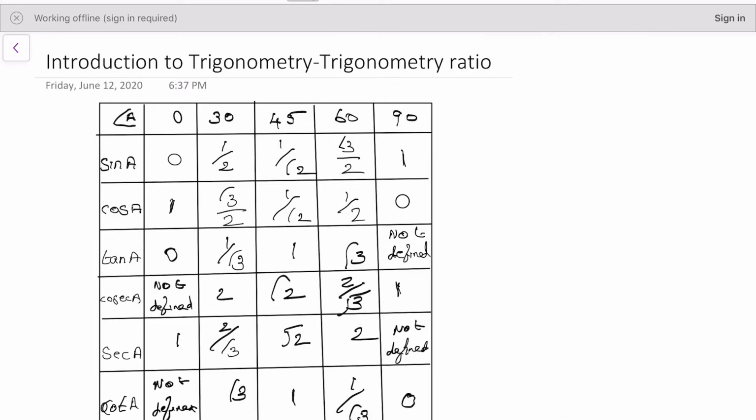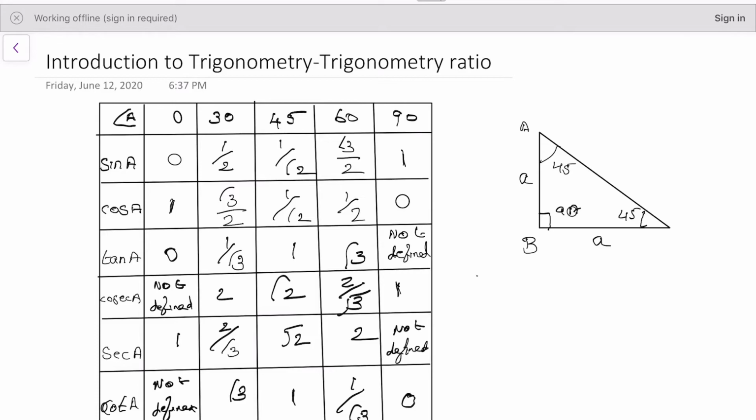Consider a right angle triangle. See, this is a right angle triangle at B, 90 degree. This angle A, let it be 45 degree. We know the sum of the angles of a triangle is 180 degrees, so this angle will be 45 degree. So these two angles will be the same, and when two angles are equal, the corresponding sides will be equal. Let it be A. We don't know the number, so I'm just using A.